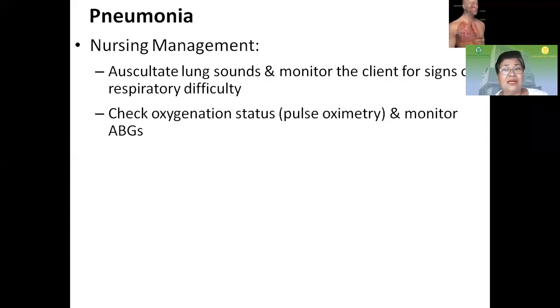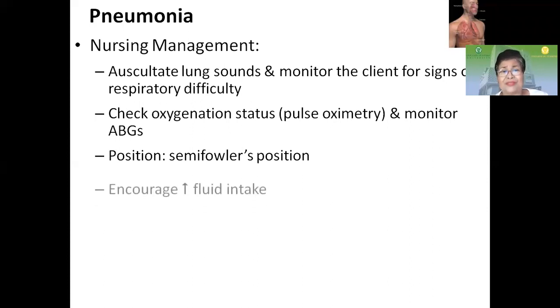And monitor ABG. So the client can have ABG, severe pneumonia, probably once a day or once every 2 days. But definitely monitoring is by the use of pulse oximeter. And the best position for all patients with difficulty of breathing is semi-Fowler's position. Okay? Encourage increased fluids, adequate hydration, unless